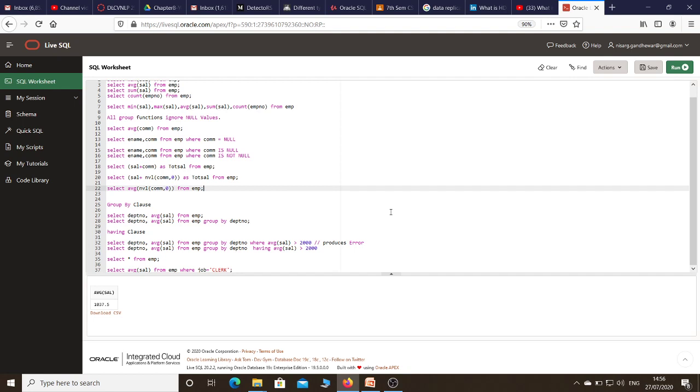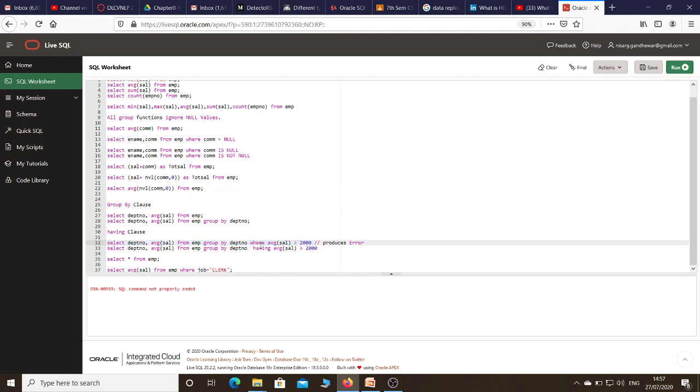So my condition is where average salary is greater than 2000. Let's see whether this query will work or not. It gives an error, SQL command not properly ended.